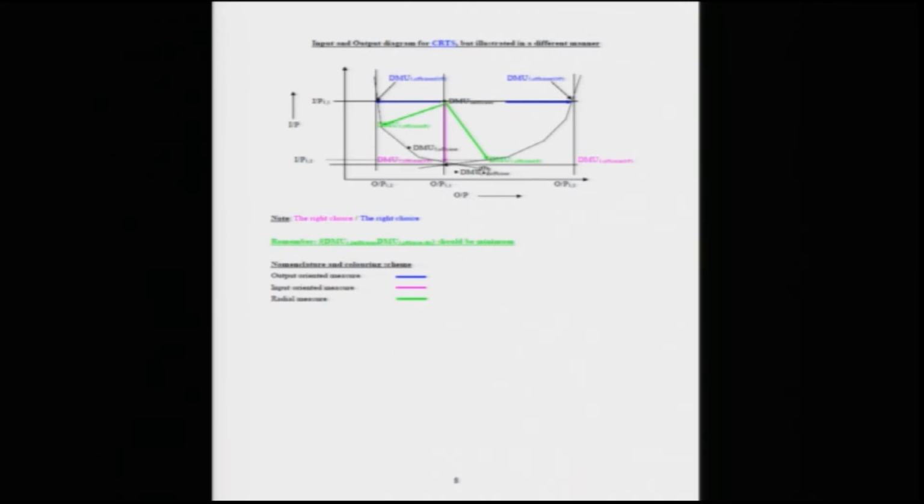So obviously when you take the green line, then you are trying to maintain a proportion of the input and output in order to increase the efficiency. While if you go horizontally onto the right or the left, you are trying to concentrate on maintaining the same level of input, but increasing or decreasing the output depending on how things are. So if it is a decreasing return to scale, maintaining the same input, you will definitely try to decrease the output such that your efficiency increases. In the other case, when it is increasing return to scale, you will just reverse the situation.